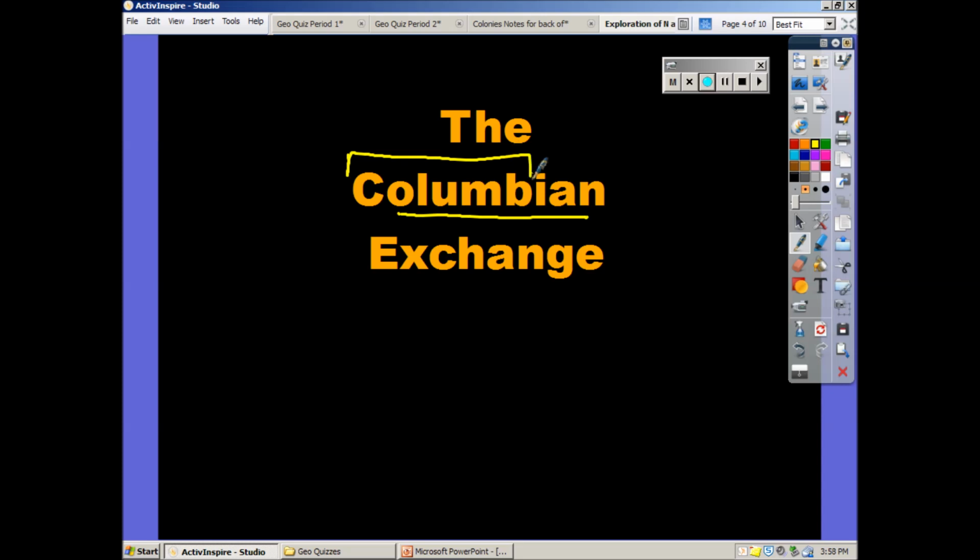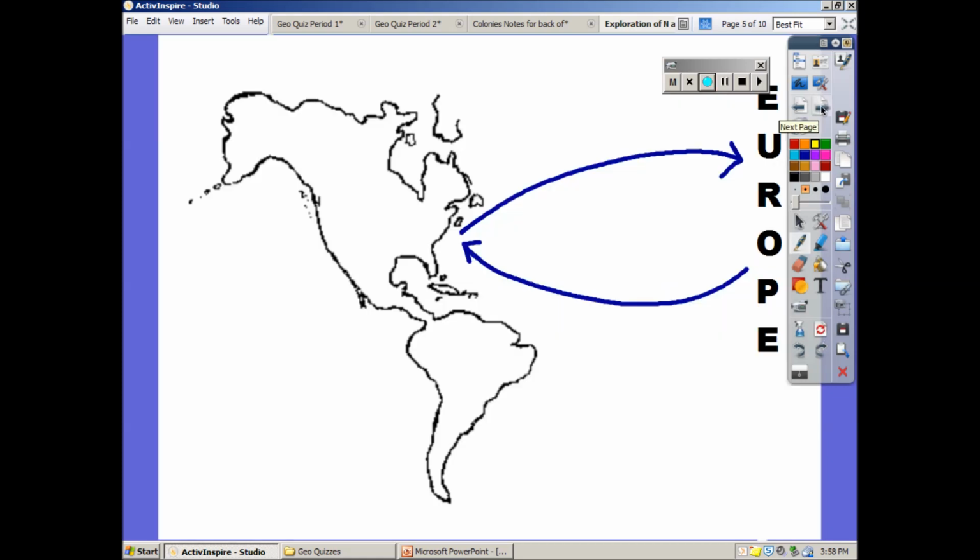Now, what's unique about the Columbian Exchange is that it is not something that was thought up by Columbus or the Spanish or anybody else. It was something that naturally occurred because when people travel from one place to another, they take stuff with them. And so it's important to remember this is a naturally occurring kind of situation. It occurs naturally. It's not something that actually was planned.